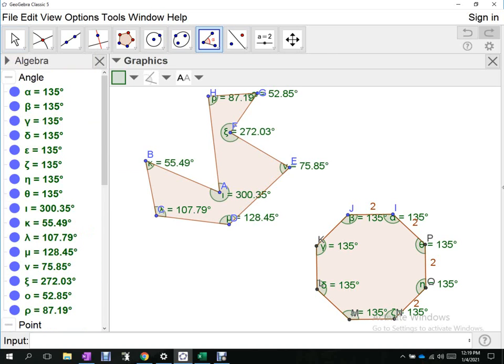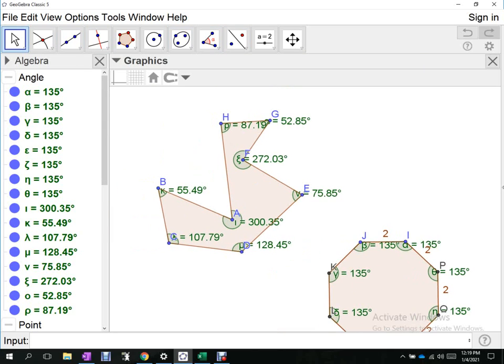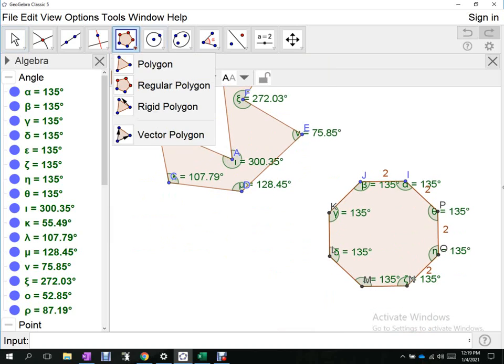This one, all the angles are different. Some of them are reflex angles, meaning that they're bigger than 180 degrees. Okay? However, they're both still classified as octagons. Just the one on the right, we can do a lot more work with than the one on the left. Okay? The one on the left is kind of chaotic and doesn't allow us to make generalizations, like the generalizations that we can make about this one would not help us with, let's say,